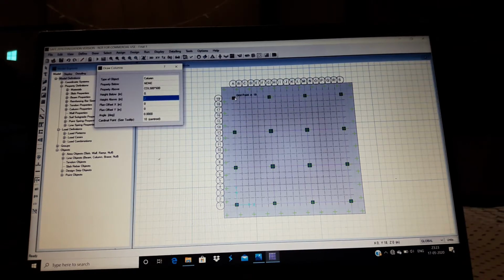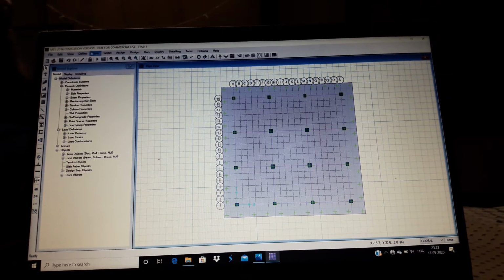Then you need to mark the columns as shown here according to the properties, like column 500 cross 500 and different for the column 600 cross 600.